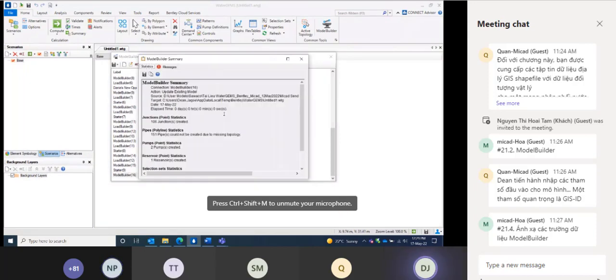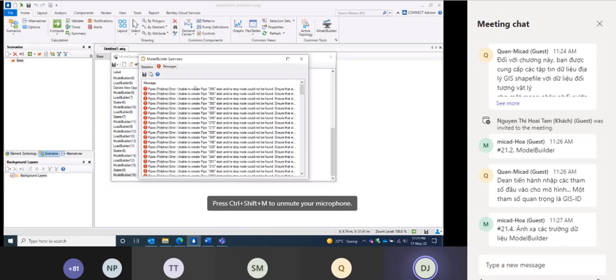So you'll find that if you go to the messages, you see that there's unable to create a bunch of these pipes because the start of the stop node could not be found. So we've got some errors here. So what we're going to do is go ahead and fix that. So if you close that down,